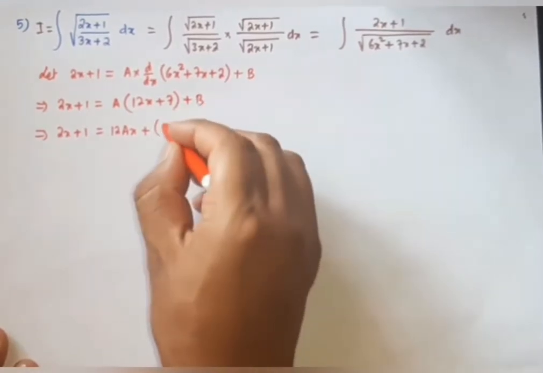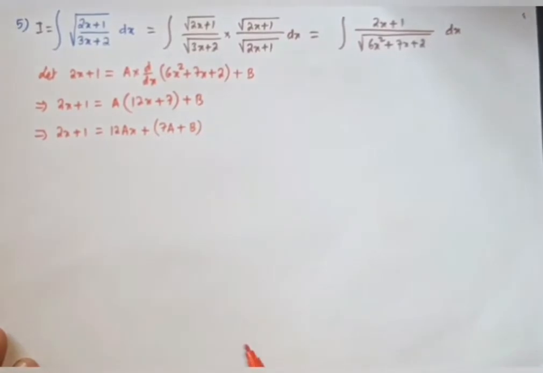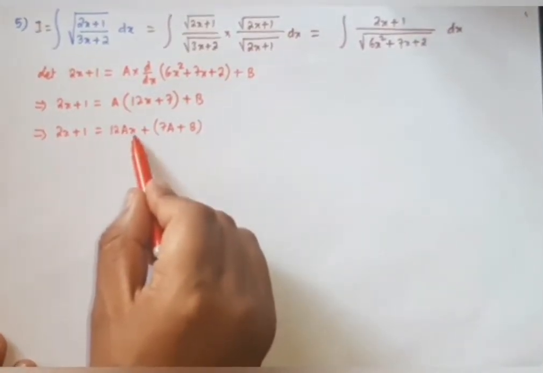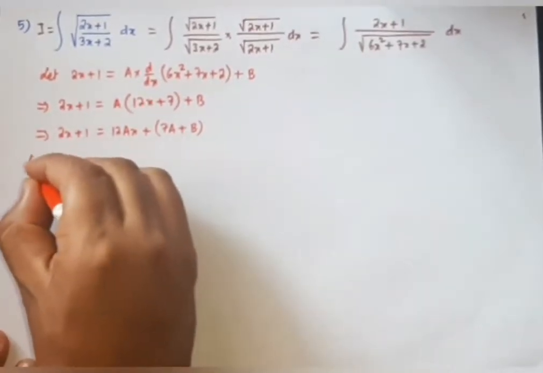So that's why I'm putting them in a bracket. So it will be 7a plus b, right? Now if you compare both sides, the quotient of x here is 12a and the quotient of x here is 2. Okay, so comparing